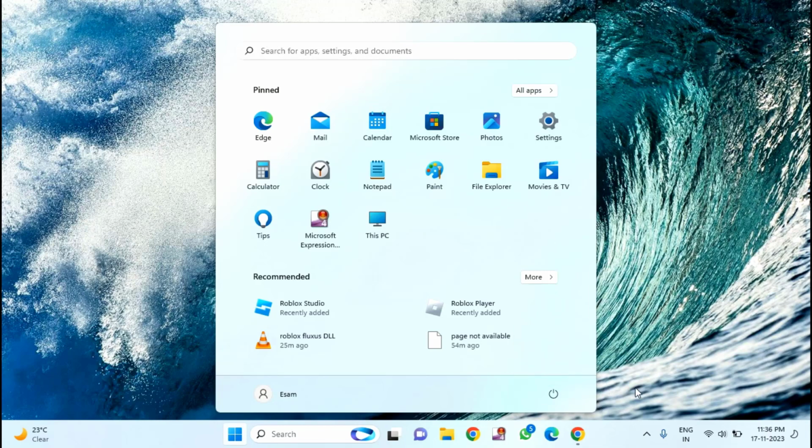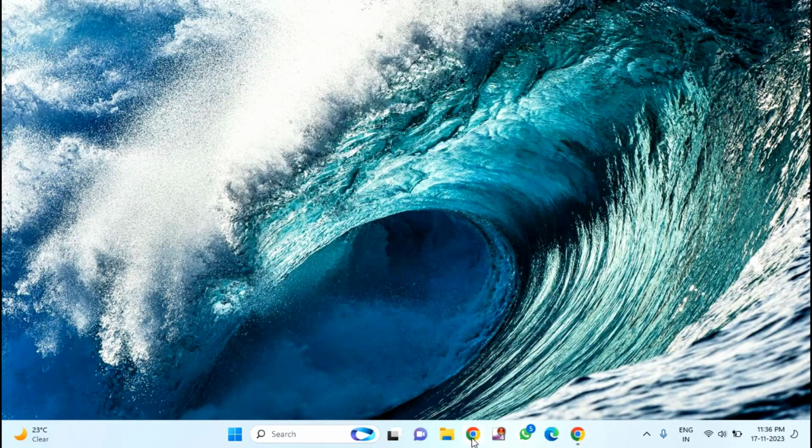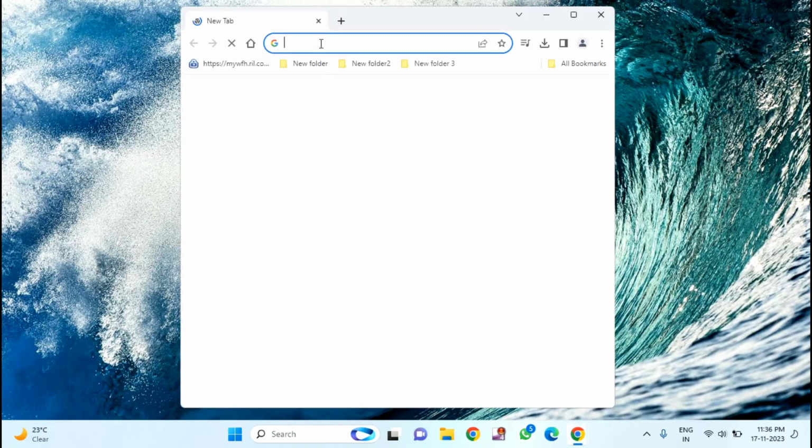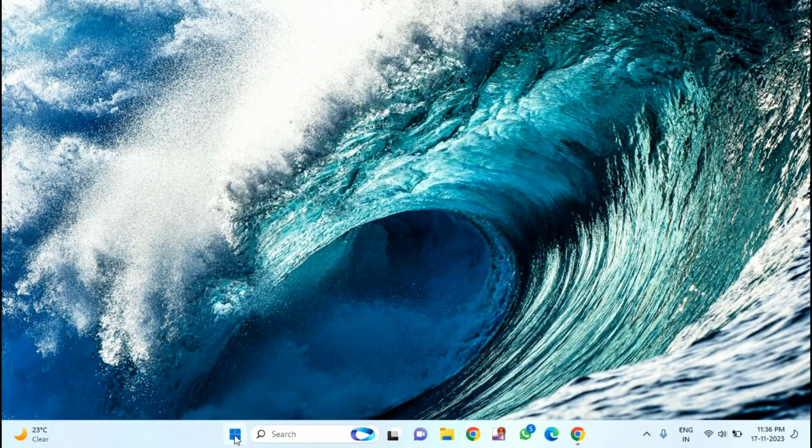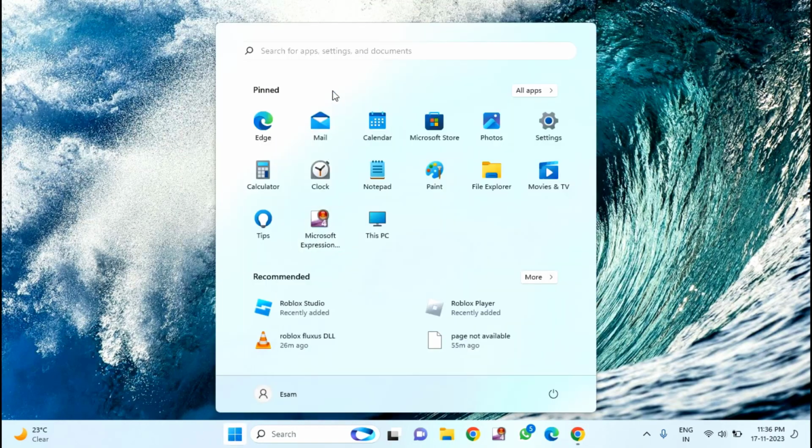Just open any browser and search to see if your internet is connected or not. You can open YouTube or google.com and check whether it is working or not. If it is working properly, then you just need to click on the start menu,